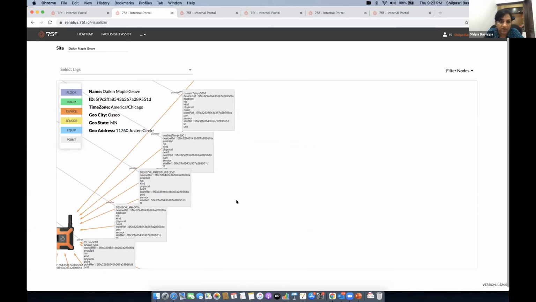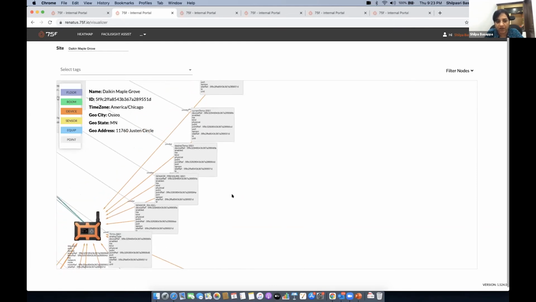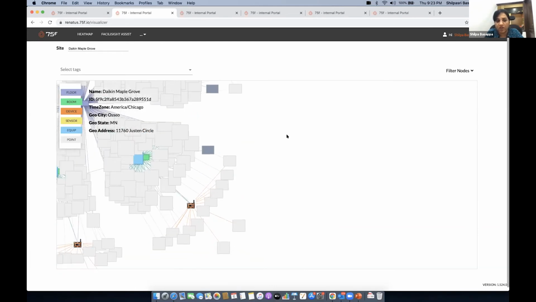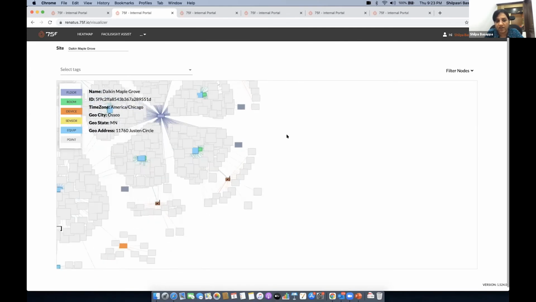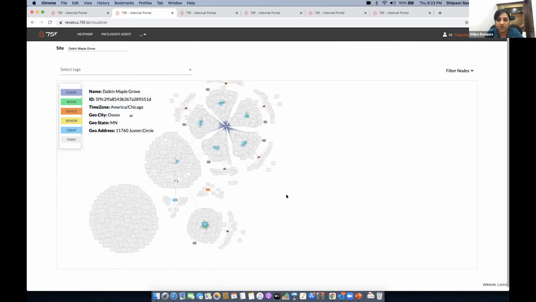If you see here, we have desired temp. We have a sensor, which is a pressure sensor. We have another sensor, which is a thermistor input that is coming in. We have current temperature here. All of this is already paired with the digital twin, and all this data is in the cloud. This whole derivation of the data, if you're able to see, is from the digital twin that is created for the real equipment that is there in the building.